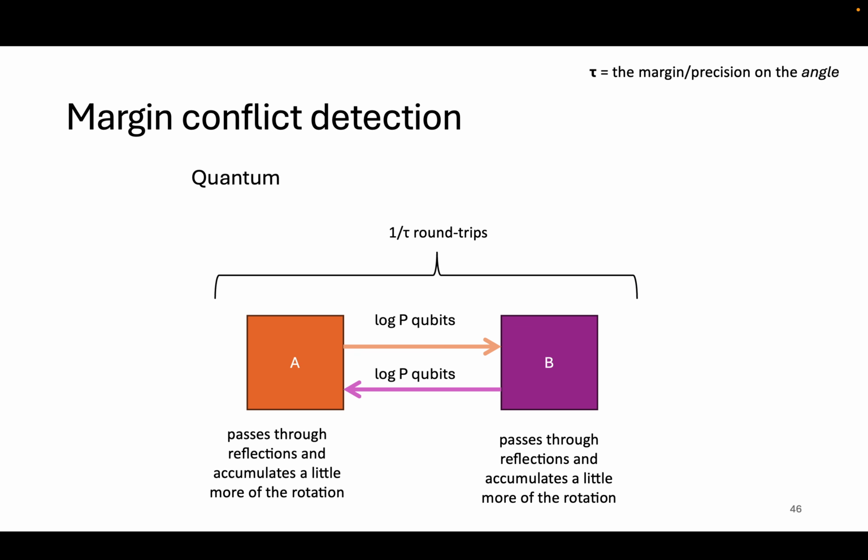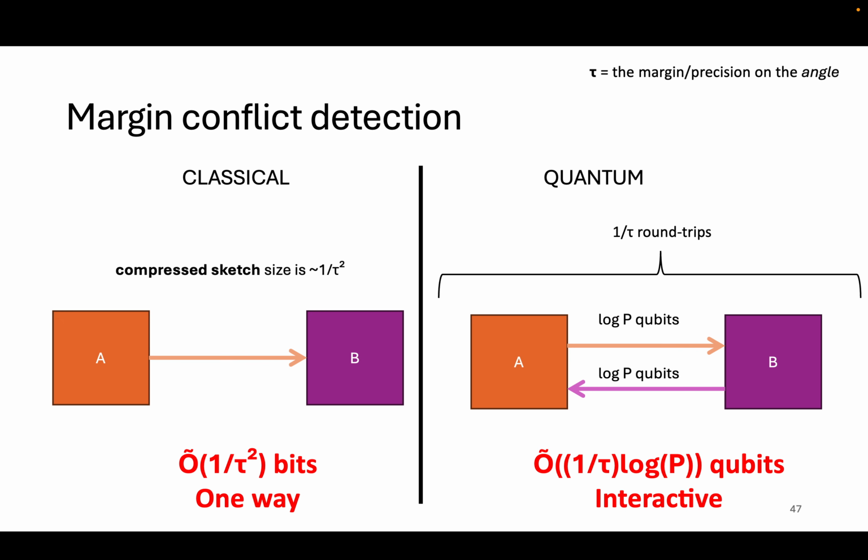projections. Essentially, instead of having one-way communication where Alice tells Bob her entire gradient sketch, Alice and Bob are passing to each other reflections that accumulate into the rotation of the information that they're passing, until they've made enough round trips that the accumulation of their reflections leads to the desired outcome, whether that is accepting because we've reached the desired precision or not.